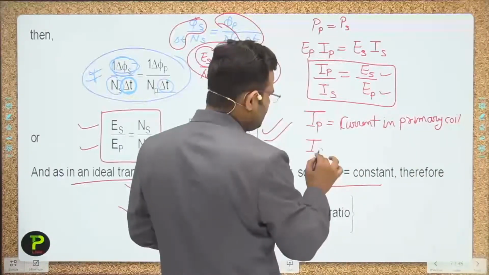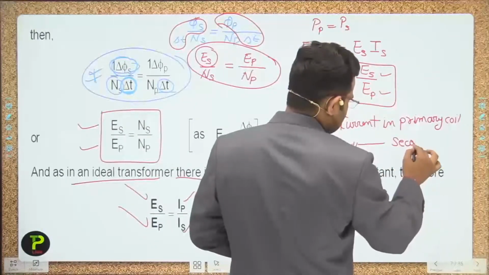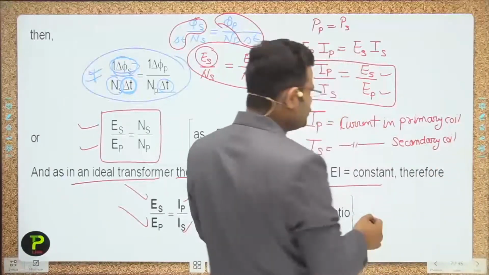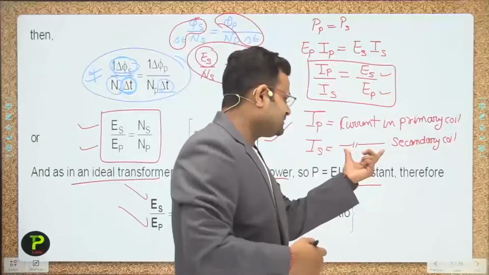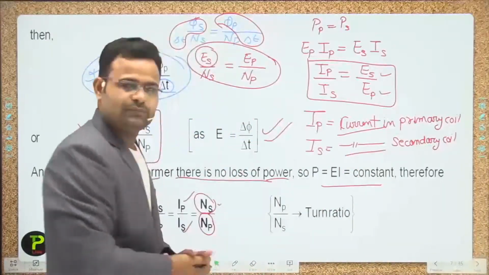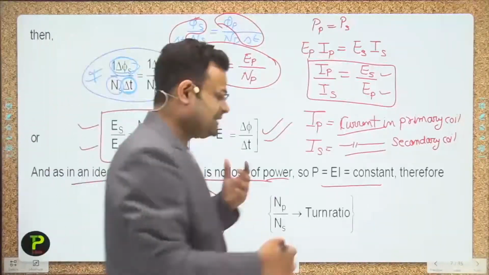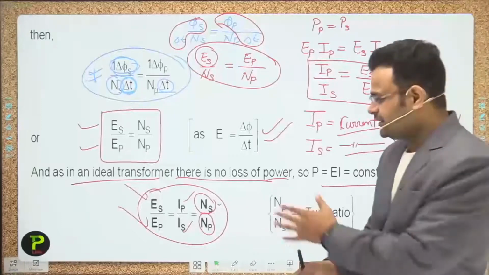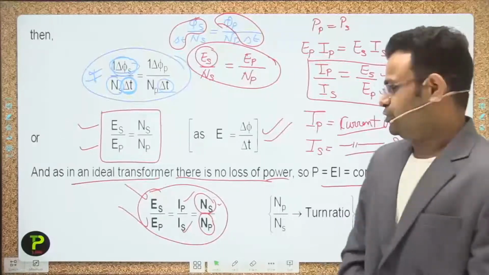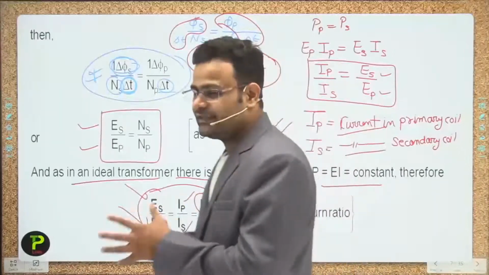Similarly, if we talk about the IS, that is the current in the secondary coil. Whenever we use that sign, it means the same word is coming here. So guys, which principle and which logic is behind that expression? Power is always constant. I hope you understand what a transformer is, what that device is, how it works,